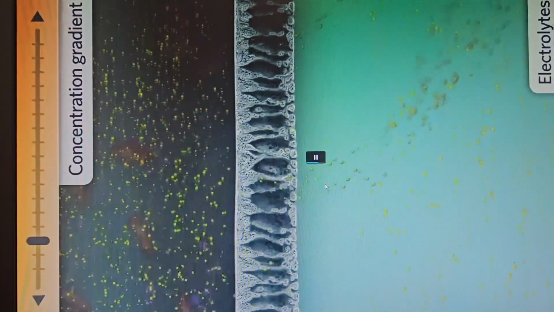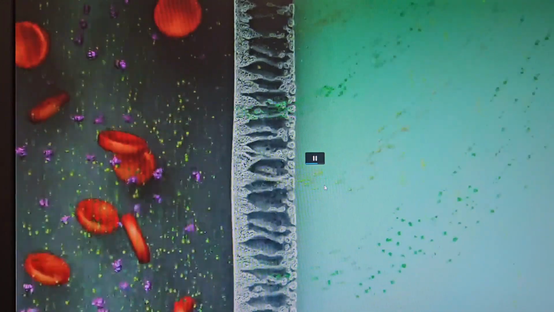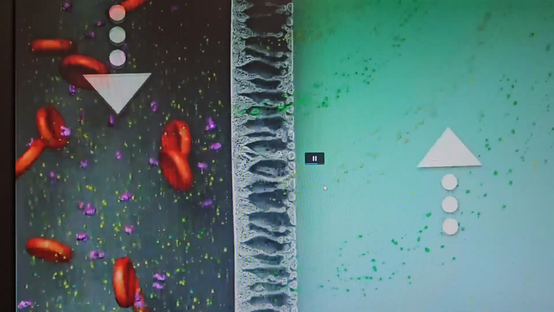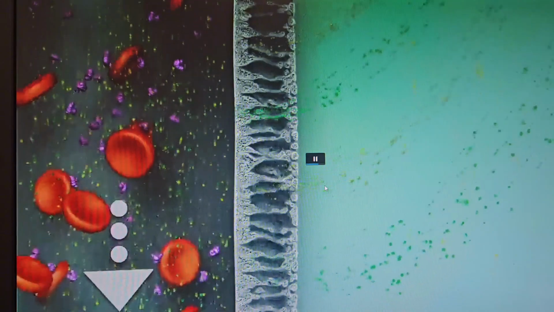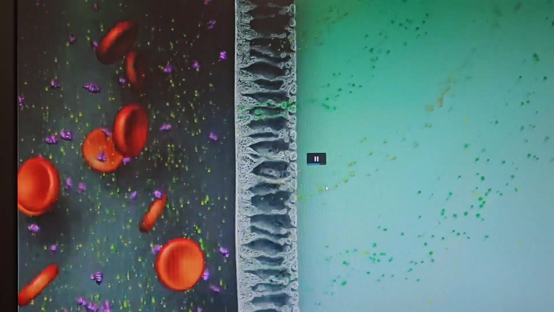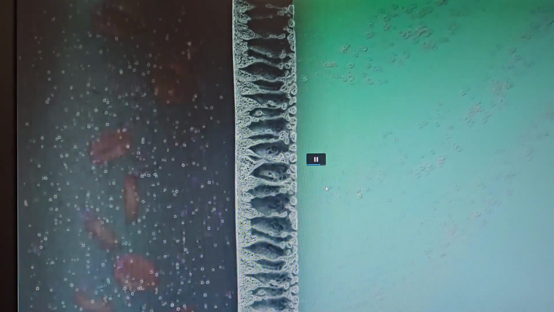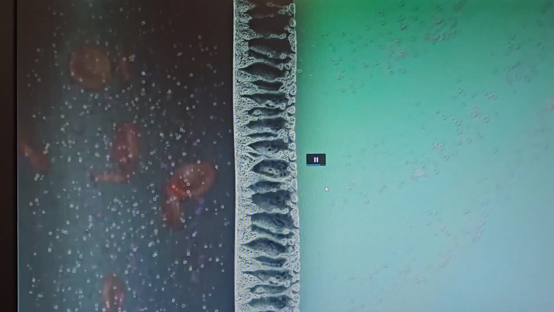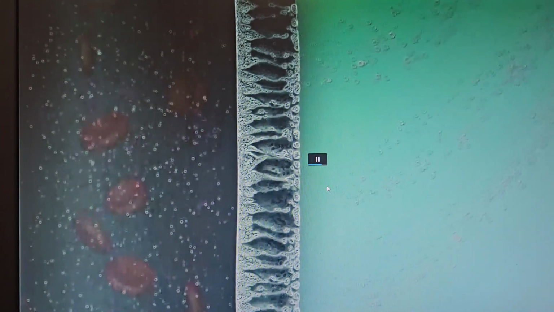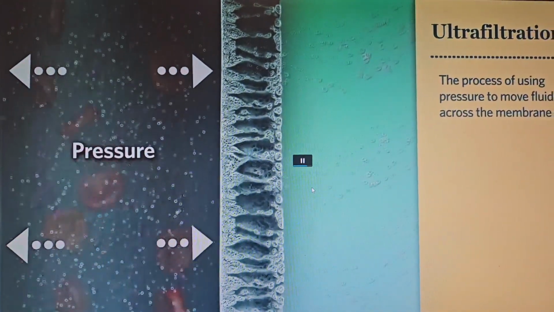The efficiency of diffusion is further enhanced by countercurrent flow in the dialyzer, where the dialysate flows in the opposite direction as the blood. Many patients with kidney failure retain excess fluid. Because water is also a small molecule, it can easily pass through the walls of the dialyzer fibers. The volume of fluid drawn from the patient is controlled by ultrafiltration, the process of using pressure to move fluid